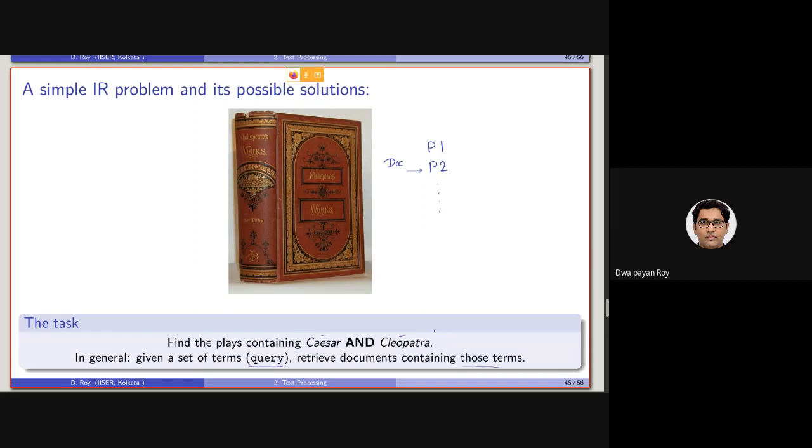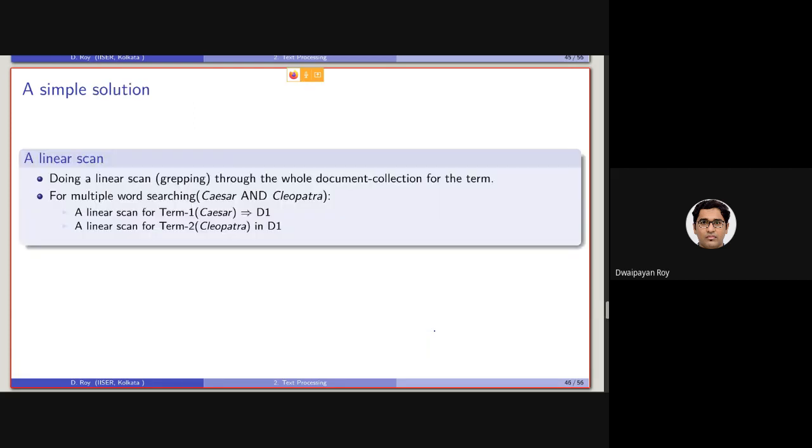A simple solution for the simple IR problem is to perform a linear search or a linear scan. This operation is also referred to as grepping.